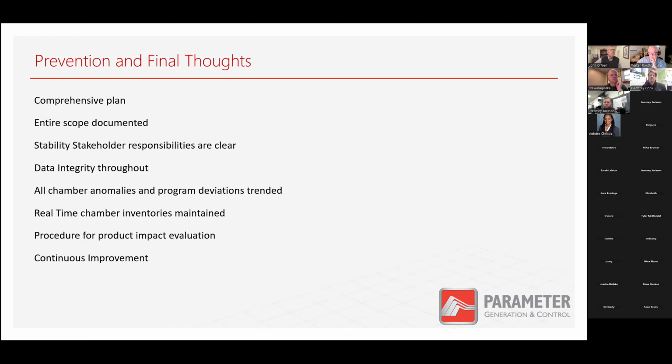So, the prevention and final thoughts. Again, I've mentioned several times the comprehensive plan. I just cannot reiterate that enough. Even if it's not a preventative maintenance plan, as long as it's a contingency plan in the inevitable instance of